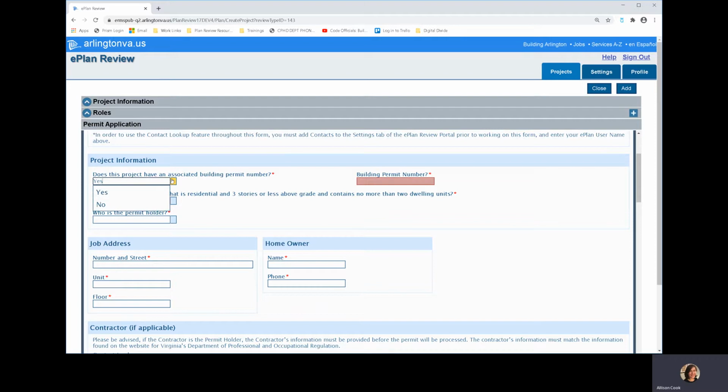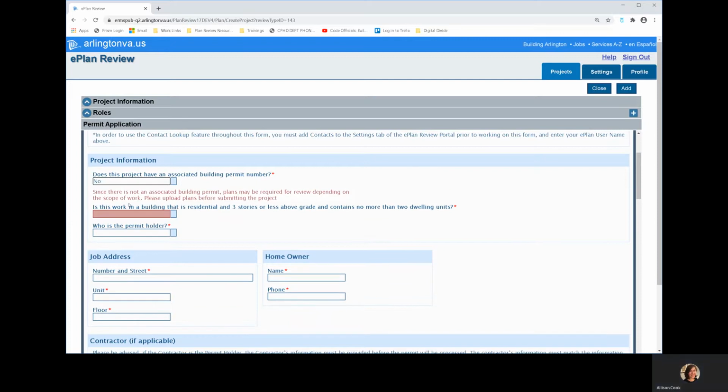If you do not have a building permit, additional questions will appear at the end of the application. Also, depending on the scope of work, plans may be required to be uploaded and sent to plan review. There is another tutorial on uploading plans and documents. Please be aware that some projects require a building permit to be approved and issued before the electrical permit can be processed. You may also have noticed that red text will pop up in some cases with more information about